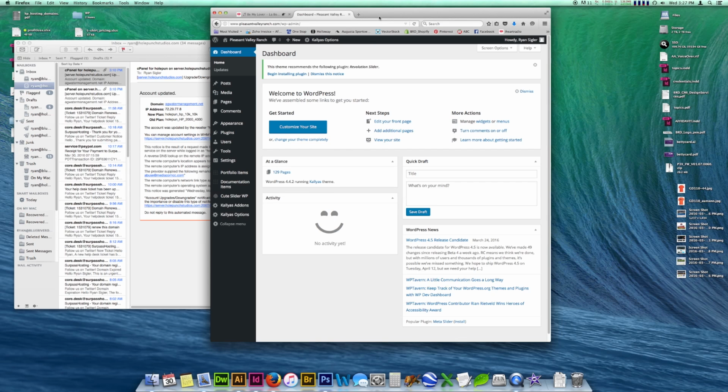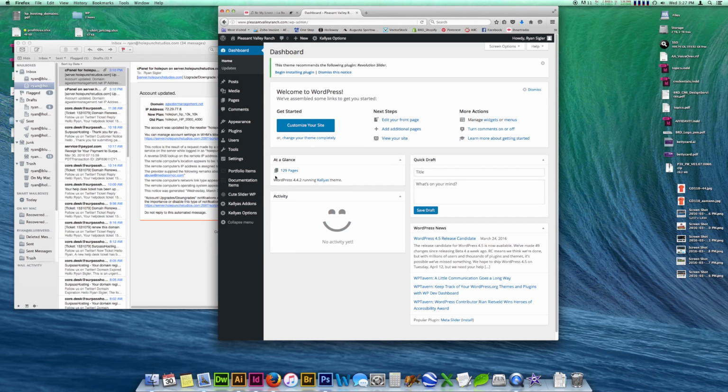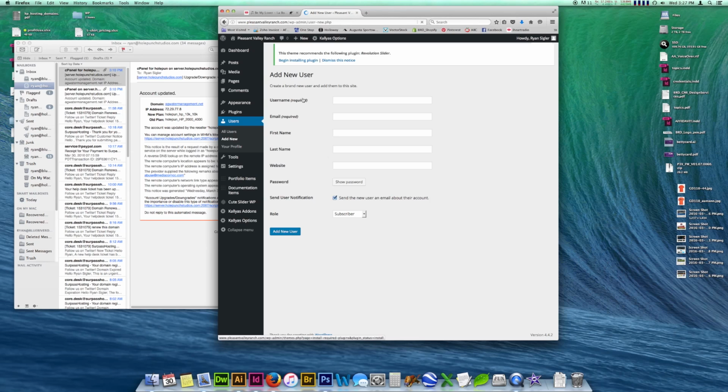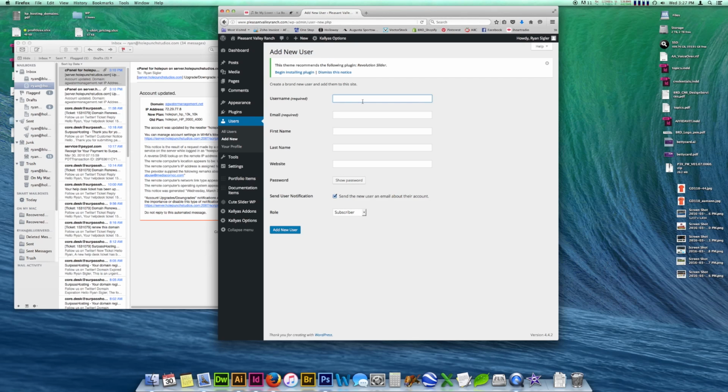Step one is going to be, I'll just go over the users real quick, and I'm going to go ahead and set up Becky real fast. I have her email, so this is going to show you how to add a user. If you want to add somebody to be able to edit your website, you just click Add New up here. Username, email,